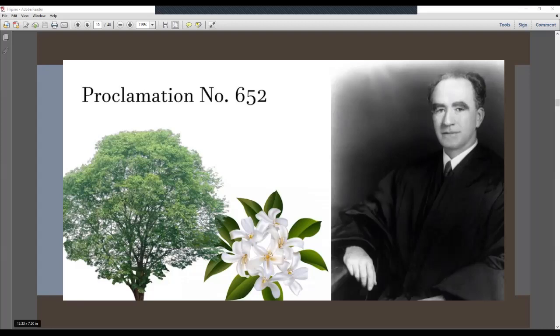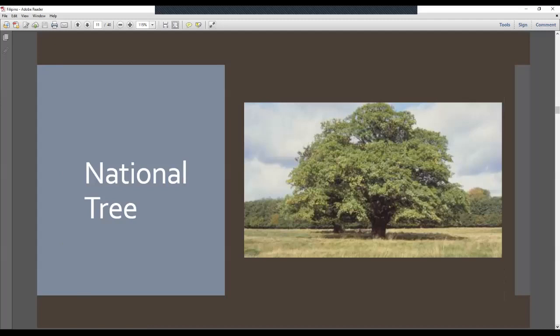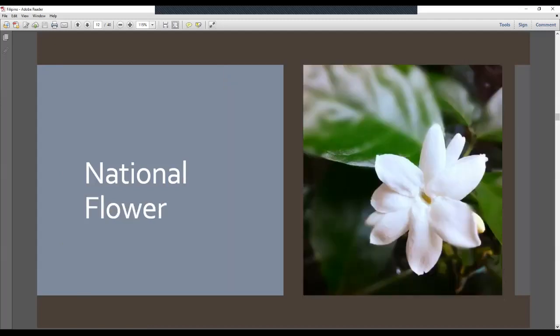Narra and Sampaguita, okay? We have the national tree to symbolize strength, and the national flower to symbolize purity or cleanliness, siguro. The Sampaguita. But do you know that during the former administration, the term of former President